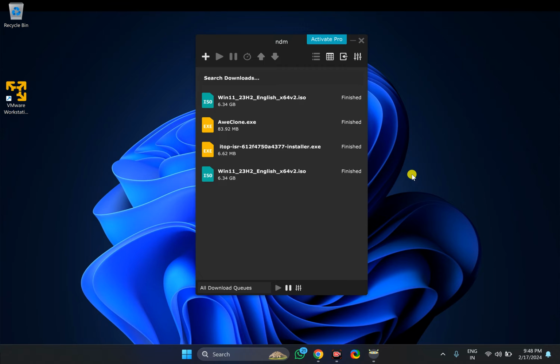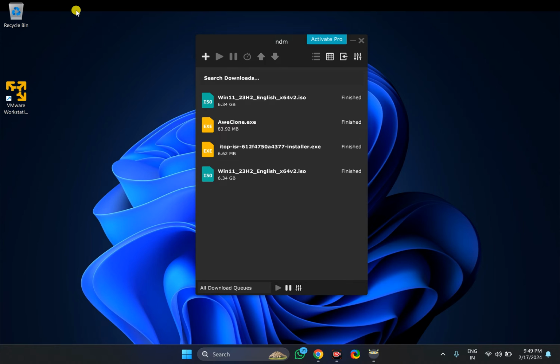In this video, I will guide you how to use Ninja Download Manager, which is a free as well as paid application. However, you can use the free application without any issue and utilize it to download bigger files on your Windows 10, 11 or any other Windows operating system. For this, all you need is to download this one freeware application. That link you will find in this video description.